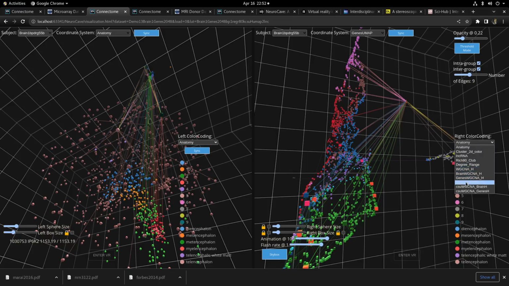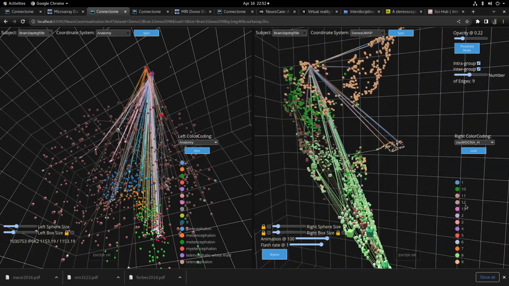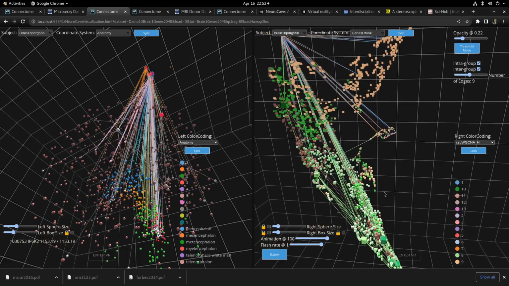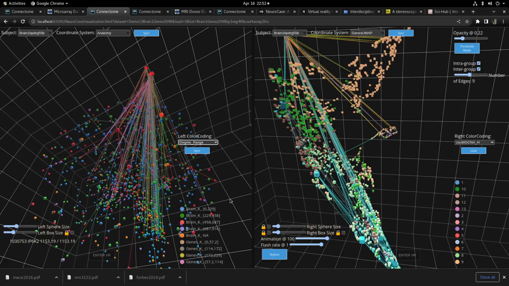Or yeah, maybe that one can be this combined signed and unsigned WGCNA clustering colors. And on the left, maybe we can do a degree connectivity range,